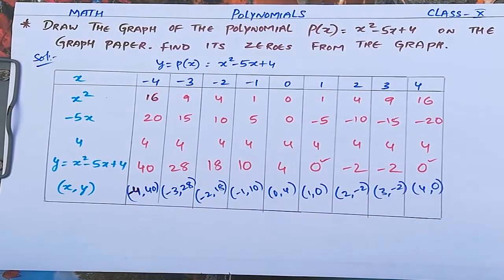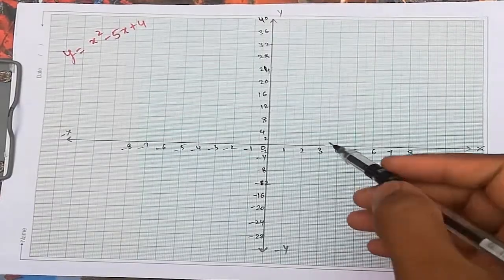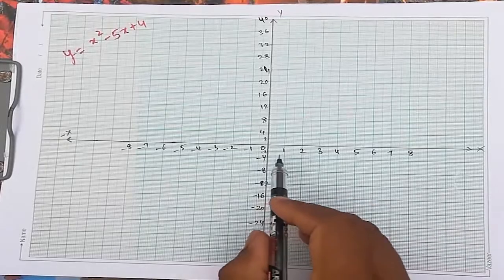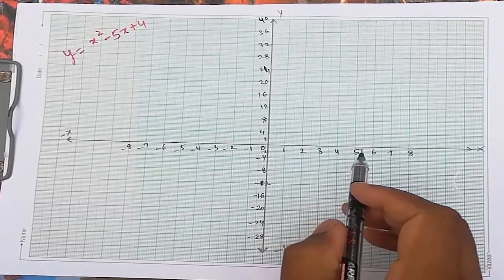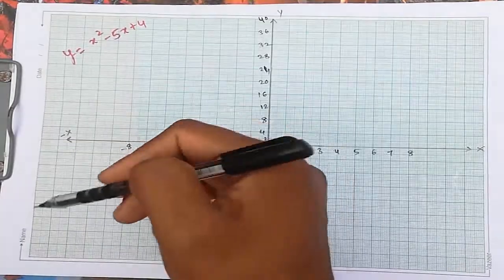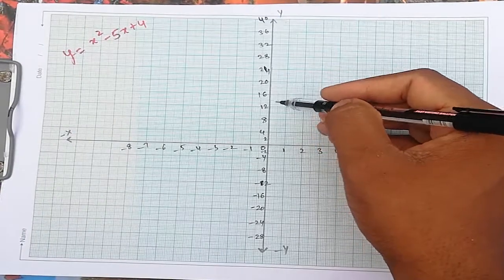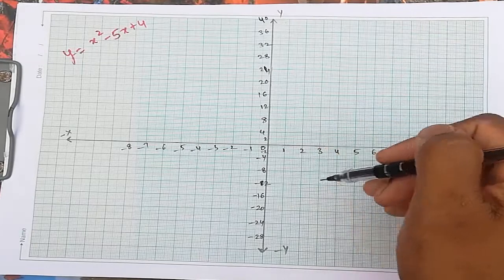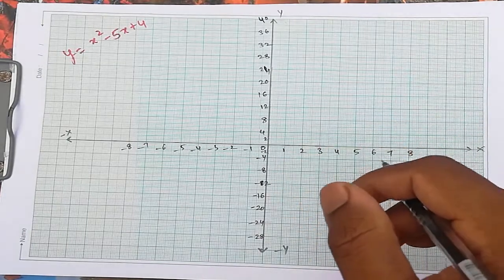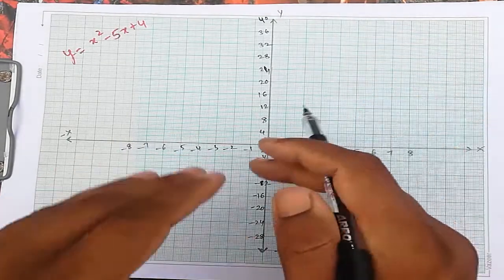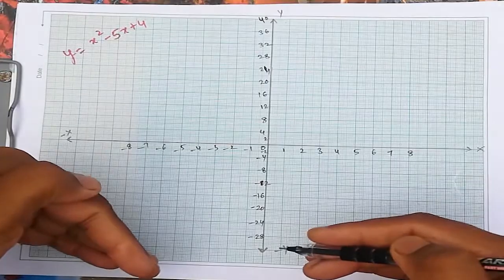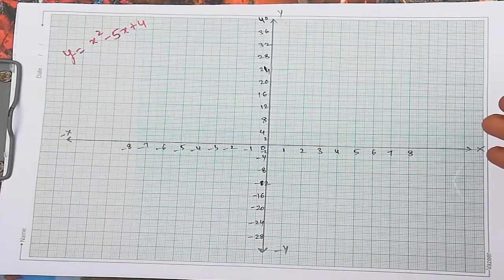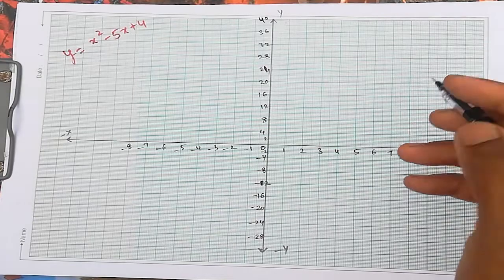So we'll mark these on the graph, then we'll find out the zeros on the graph. So I'm taking graph paper. Same x-axis, I have taken 1 unit. On the y-axis, up to 40 we have values, so I'm taking the difference of 4 again. Few of the values we got are negative, so that's why both sides are taken. If there is no negative y value, you can directly draw somewhat lower and take all the positive y values.